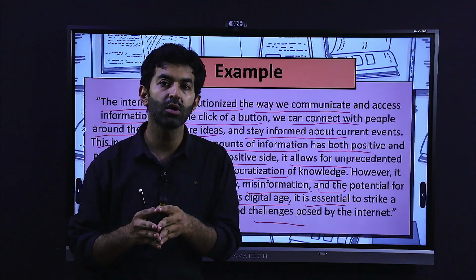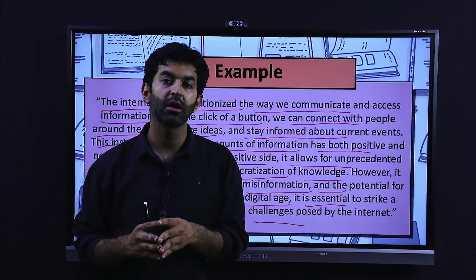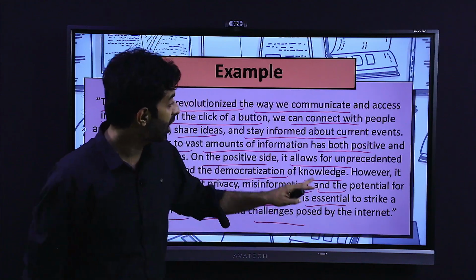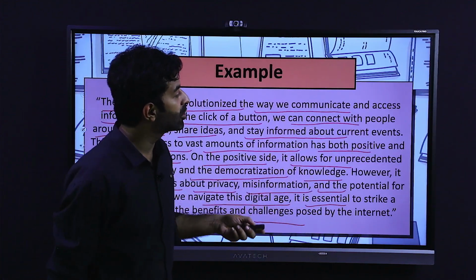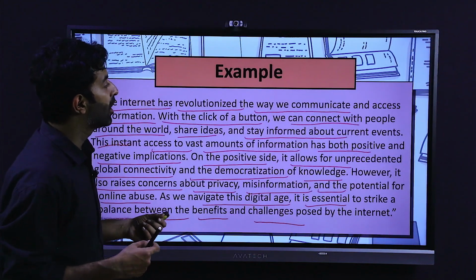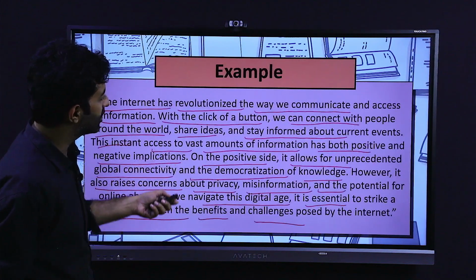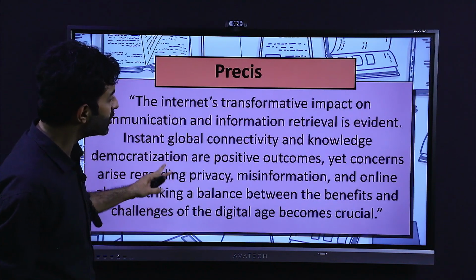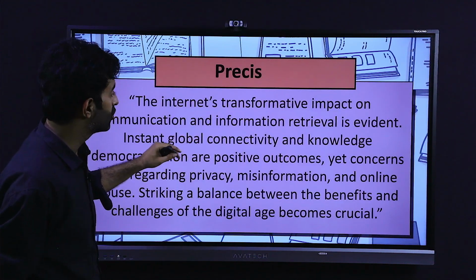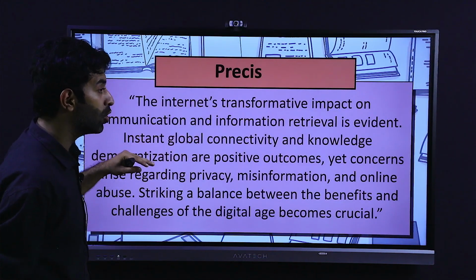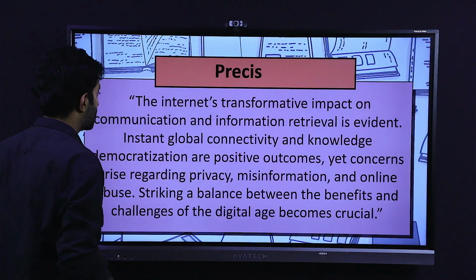So, can we go for the title? Yes, this is about the usage of the internet. So you can put a title on the précis. This is our original text, and now we want to summarize it. We want to write a précis on it. Now, you can see the difference between the length. You can even shorten it further to make it look like a good and great précis.